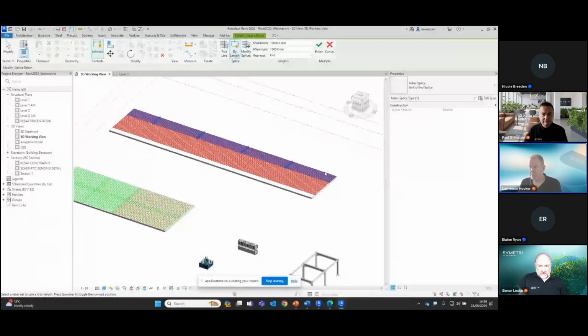Looking into the properties palette over here, we can see that we've got an end-to-end splice. So that would be ideal if we were using couplers. In this case, I'm just going to have a staggered lap splice that I've already configured. Okay, and then I'll use the space bar here and I'll left click to actually go ahead and apply those